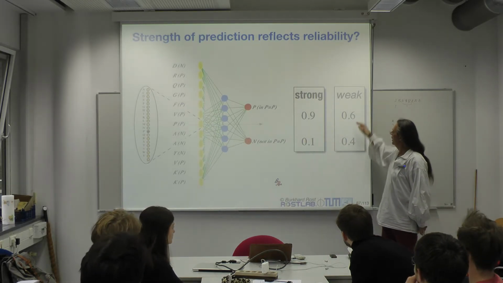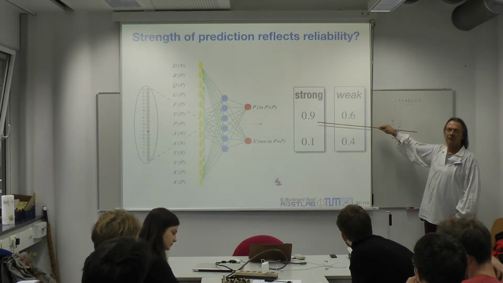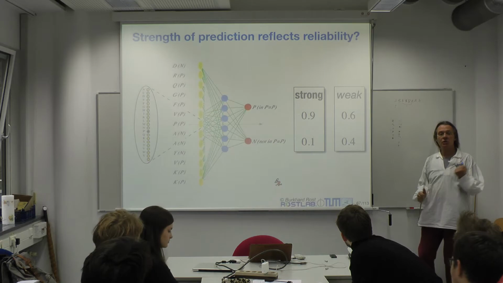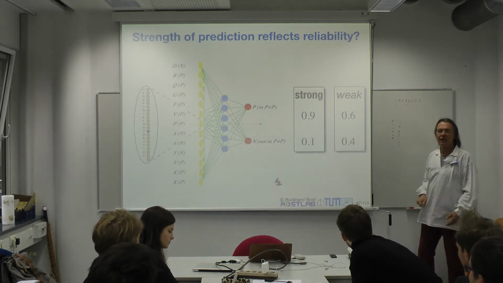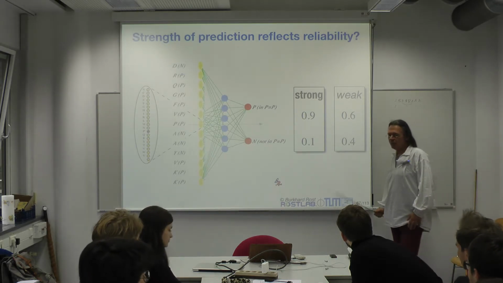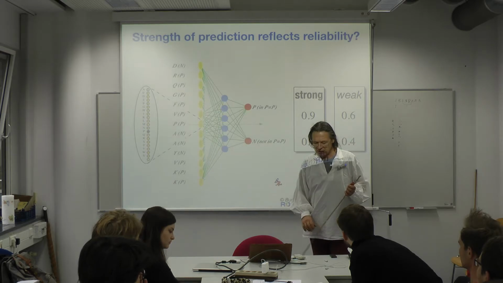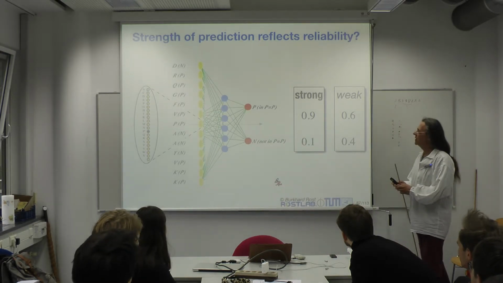0.9 is higher than 0.1 and 0.6 is higher than 0.4. In both cases, the decision is top unit. But here, the decision is much stronger than here. The difference between these values here is much higher, right? That's why it's a stronger decision. And we will use the strength of the decision here as a reliability index that we will see whether it